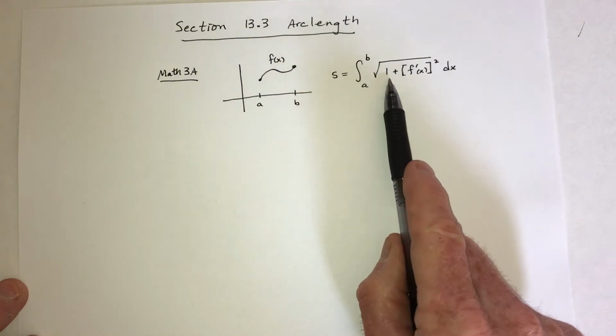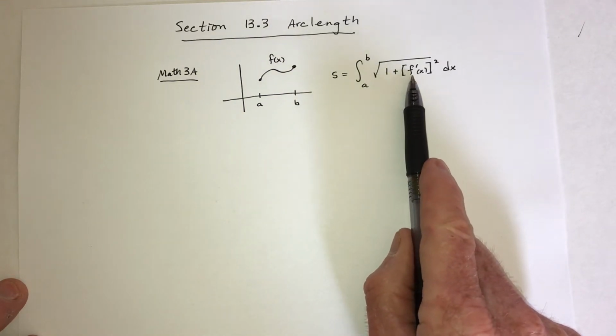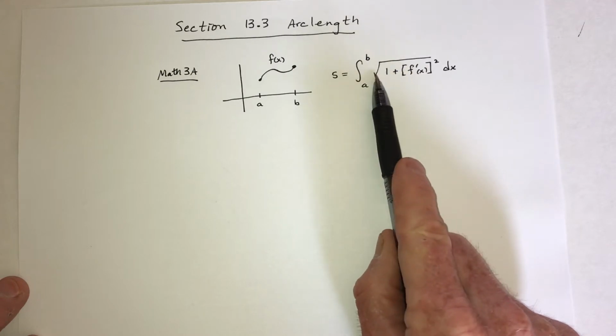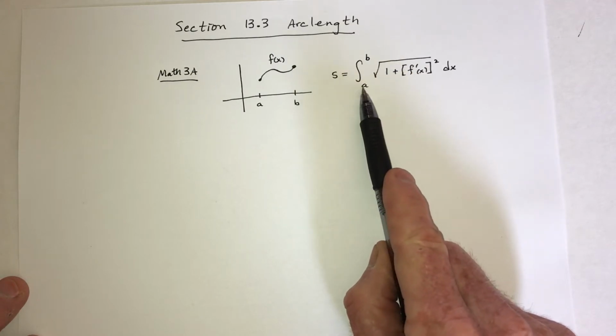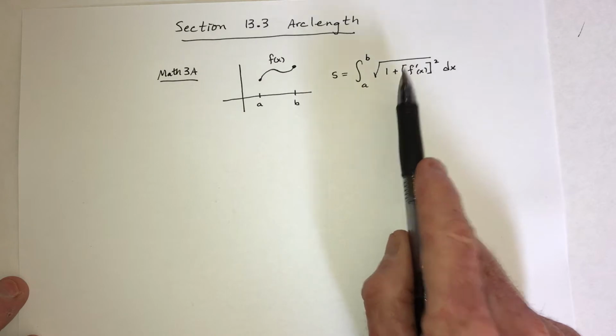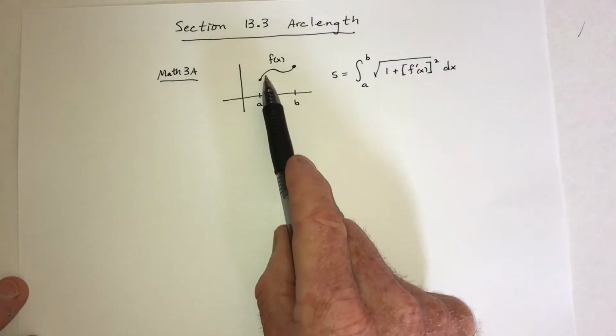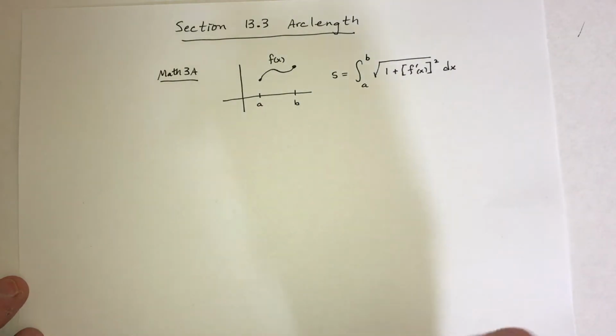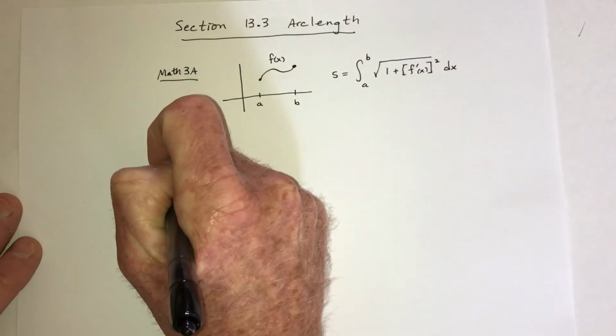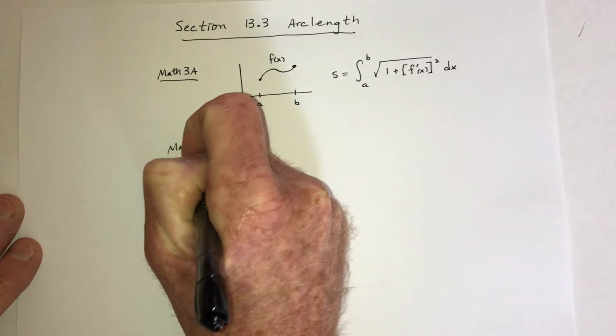And the formula is that you put 1 plus the derivative squared inside a square root and then integrate. Essentially, it comes from the Pythagorean theorem, and you draw little triangles in here, etc. Then in Math 3B it was done again. In Math 3B,